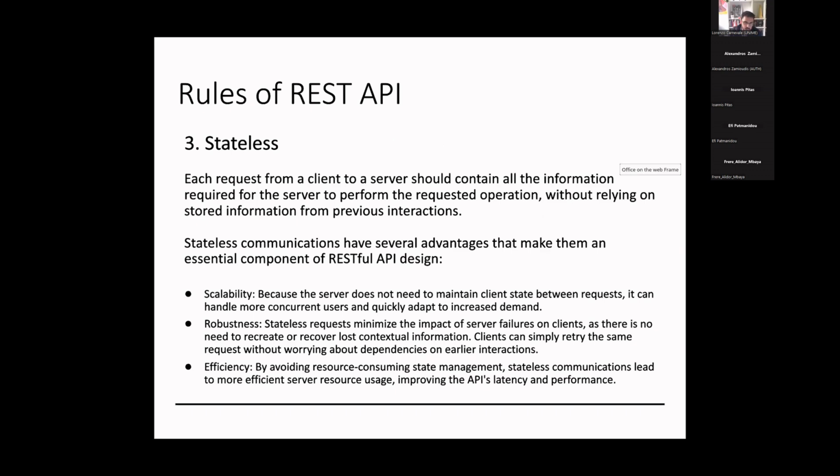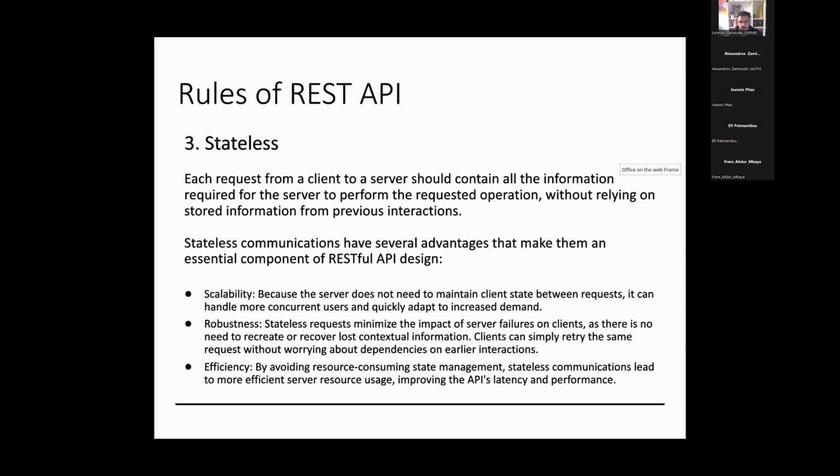Stateless communication has several advantages. Like this, the RESTful design could be scalable because the server doesn't need to maintain the state of all the clients and all the requests of the clients. Consider that these requests could become really a lot. Let's think about an e-commerce like Amazon on Prime Day, for instance. They experience a lot of requests in the day. If they also had to maintain the state, they could consume much more